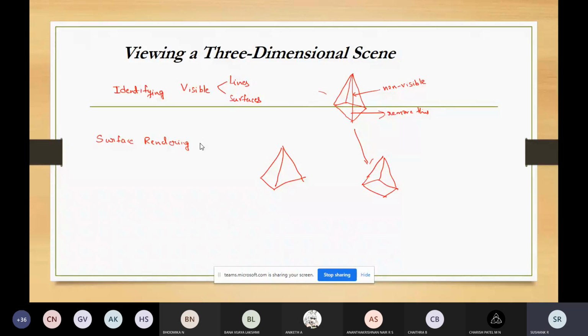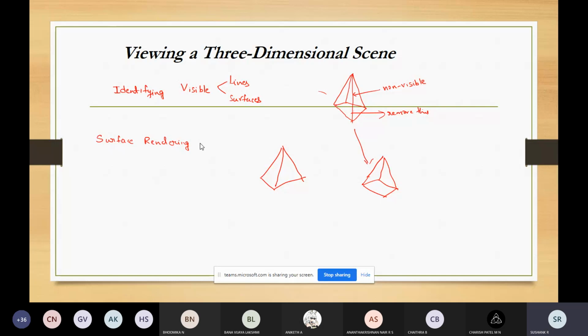I mean, by assigning the lighting condition to the scene, and also it will assign the surface characteristics. How do you set the lighting condition? We have seen in the last module that we have two different light sources. One is a point light source, and the other one is a light from a distant source. The light condition will be set by specifying the color that the light source is producing, and also the location of the light source.